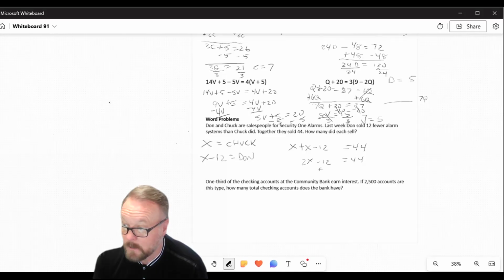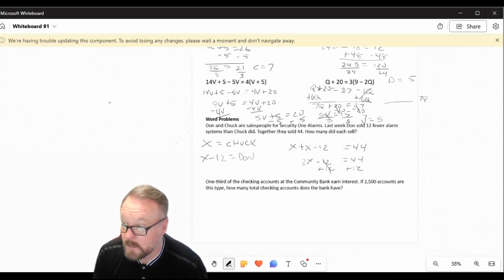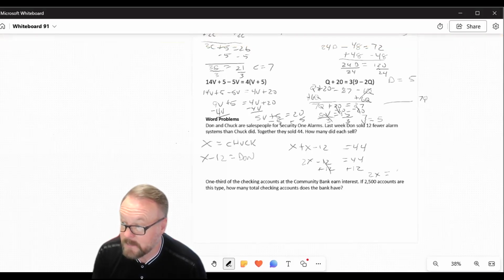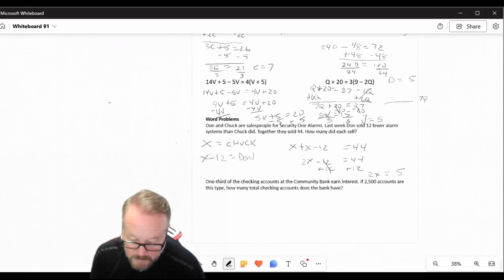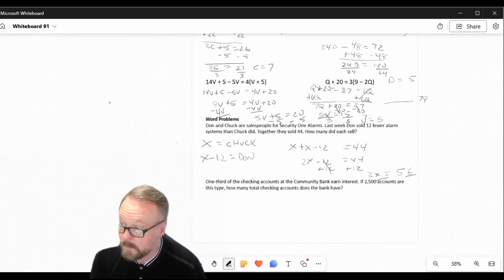I can move the 12 over to each side. I'm going to transpose it. So now I have 2X equals 56. Is that correct? Yep, 56. Divide both sides by 2. That means X equals 28. So what does that tell me? That Chuck sold